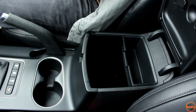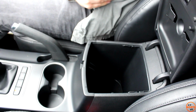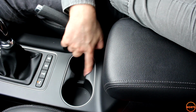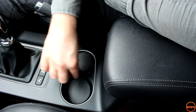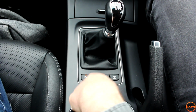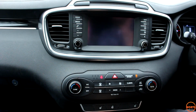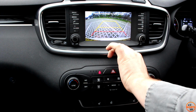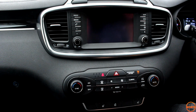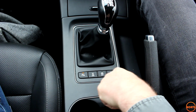So talking about the space inside the cabin, it is quite stocked up with space. You've got this huge middle cubby here, and you've got your cup holders. I don't know why they're different sizes, because you might have 2 drinks the same size. Also, I just wanted to touch on these quite important buttons down here. You've actually got your parking sensors, which you can deactivate, but also when you pop it into reverse, you get this nice little bleep, and you can see and gauge how far you are from your surroundings, which is rather cool. Also, you've got differential lock and automatic engine on off, and you've got these different modes which actually